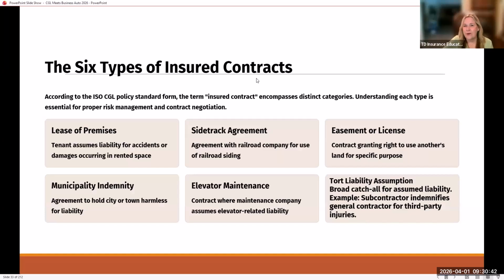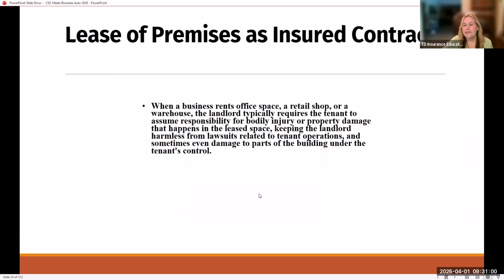Types of insured contracts: lease of premises, sidetrack agreement, easement or license, municipality indemnity, elevator maintenance, and tort liability. Okay, so going through each one of these. Lease of premises. When you think about, for example, a lease of premises, think about the owner of the building